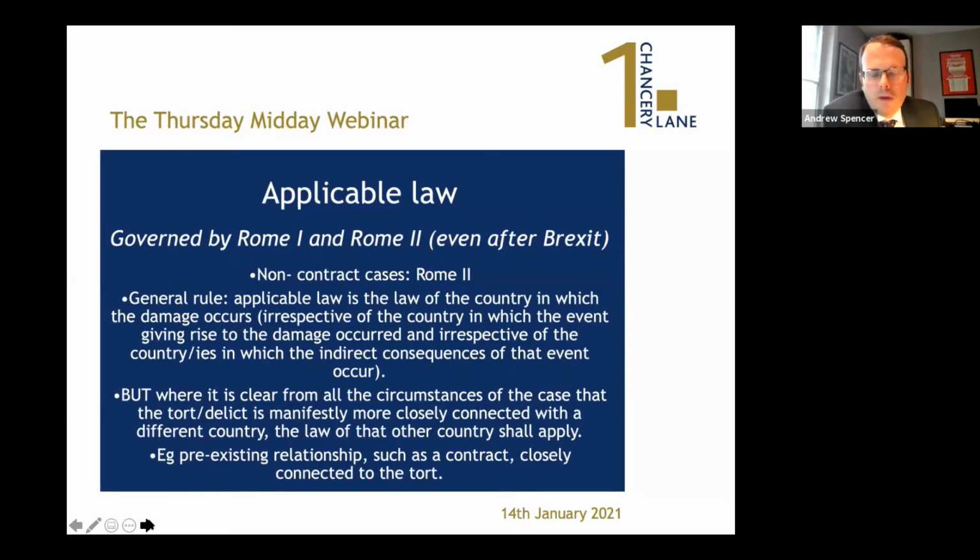And it's worth looking quite carefully at the circumstances of a given case to see whether you can link the tort with something in England to try and establish a manifestly closer connection, if it's advantageous to have English law applying. And of course, there have been cases about this. One case is Winrow and Hemphill, and there the analysis is, the question is, where is the centre of gravity of the tort, not the centre of gravity of the damage caused by the tort.